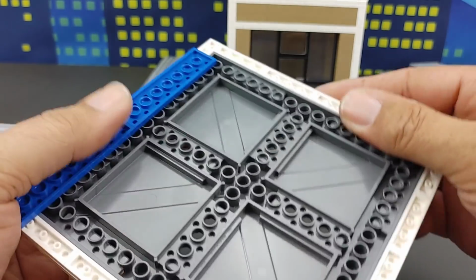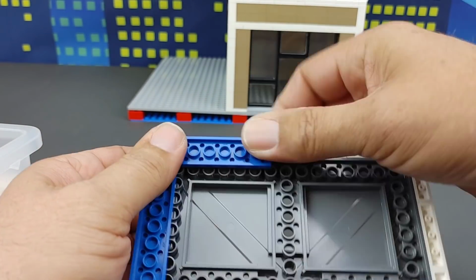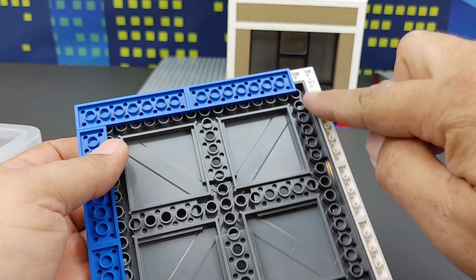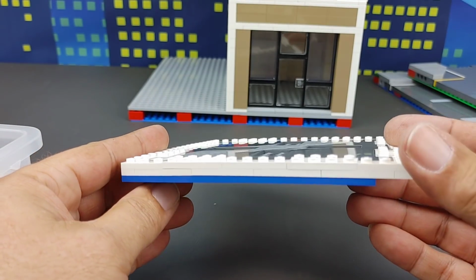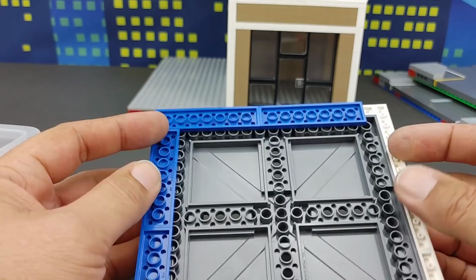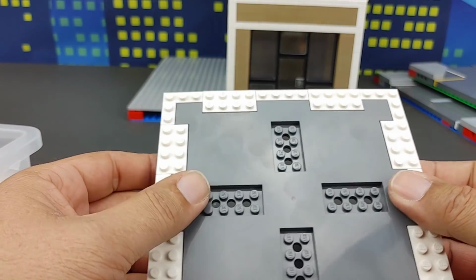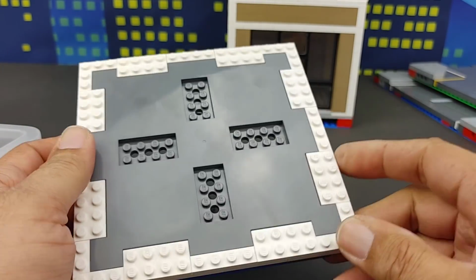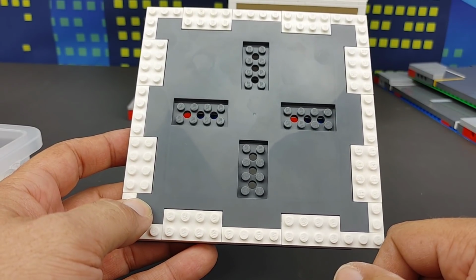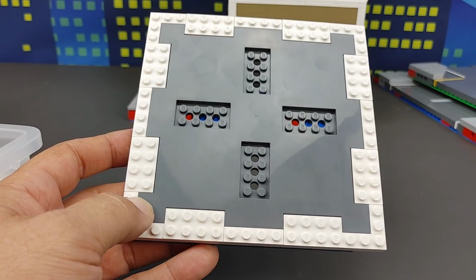And it always leaves you a 2 gap. So you just take it and you put two more 2x8s. And again, you just run that all the way around. And heck, you could even leave it in there if you want a blue stripe on your building. But that makes it really, really strong. And then it's giving you just a slightly bigger base plate than a 16x16, which is why